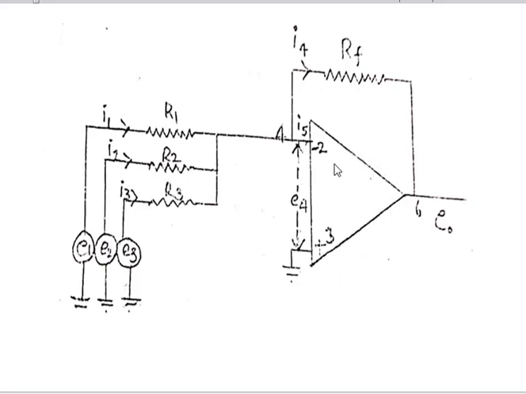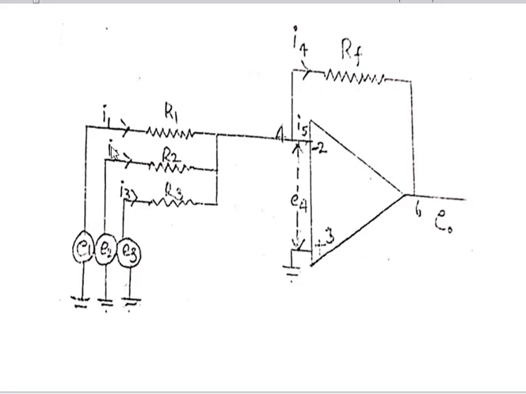You know well, it is the operational amplifier. It is the inverting input. It is the non-inverting input. It is the feedback resistor connected between the output and this point A, that is the inverting input, and the different input resistors R1, R2, R3 are connected to the point A, that is to the inverting input, and the three voltages E1, E2 and E3.